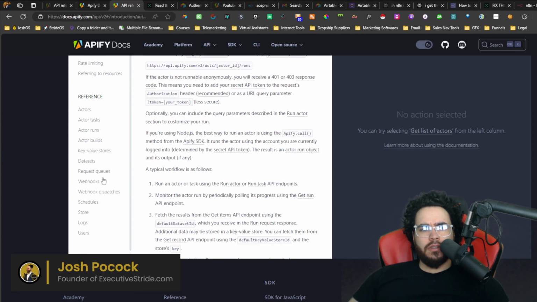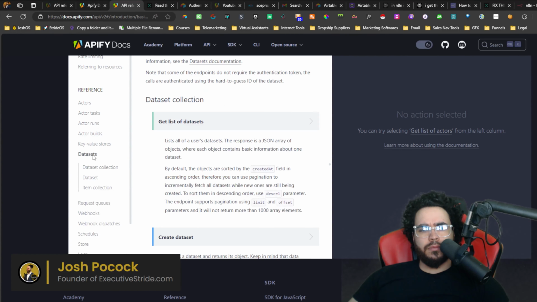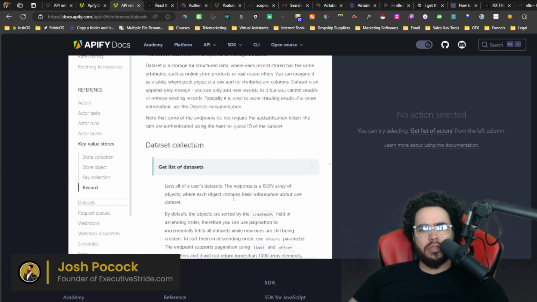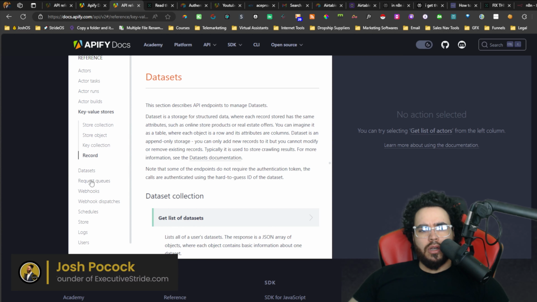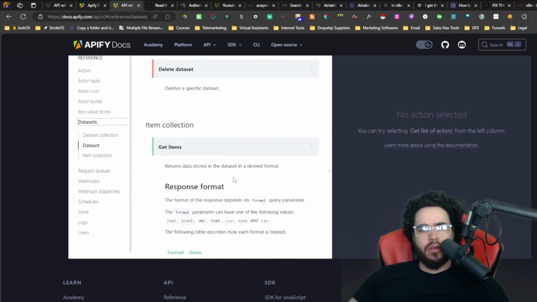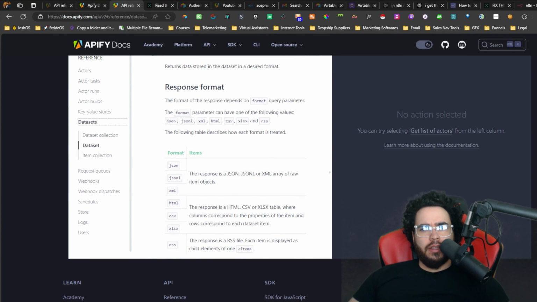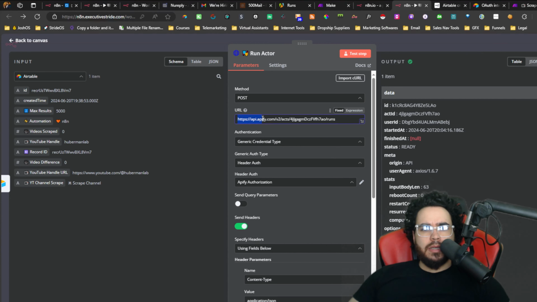And then here's all the references that you would need. For us, get data set. So data set. Get data set. Okay, I'll just show you what I did. That's just to keep it simple, so I don't have to scroll through and find each and every action. These are the actions you'll use. So this is the URL. To run an actor, you would do a post HTTP, and this is what you would put: